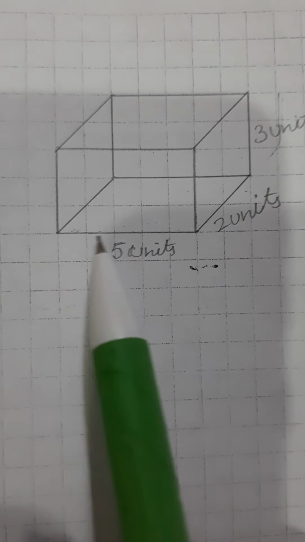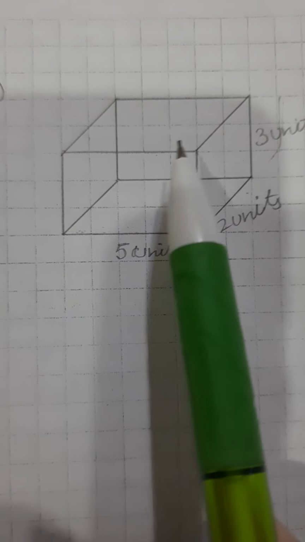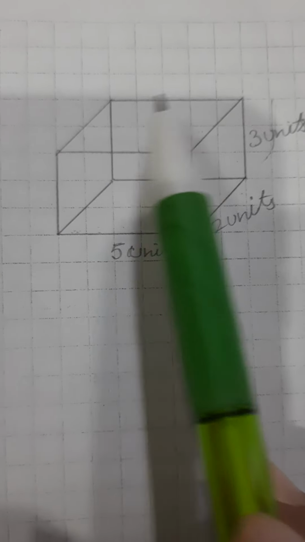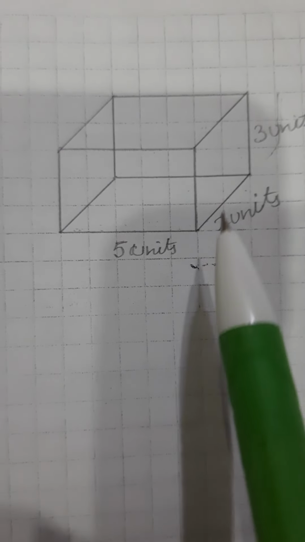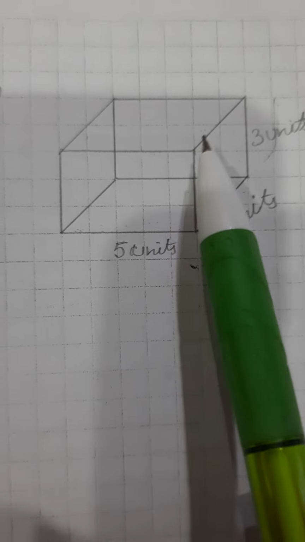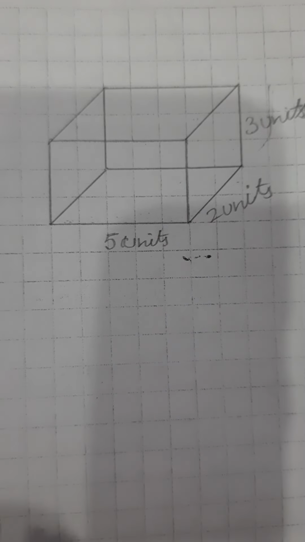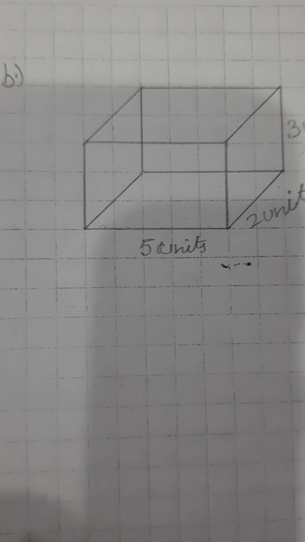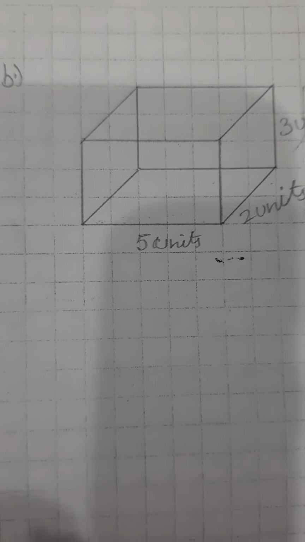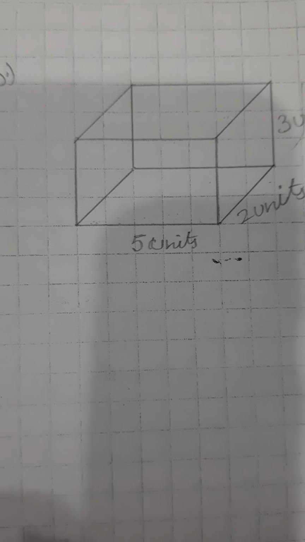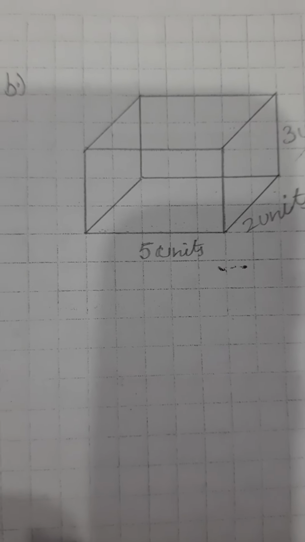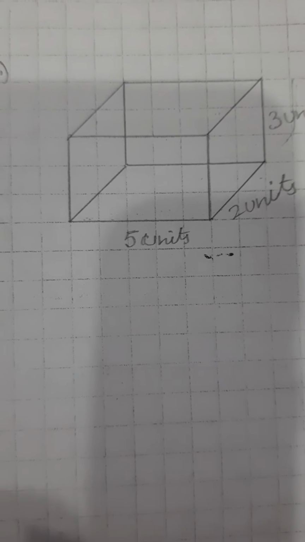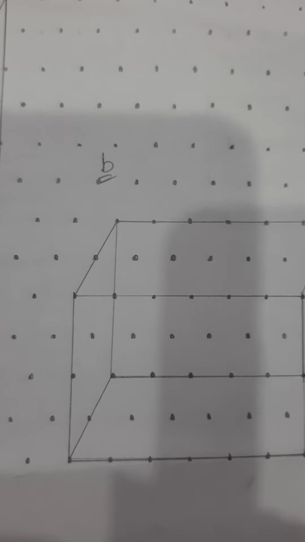So first of all I have made the front face, then I have made the back face. Okay, then I have joined these faces with the help of straight lines, and that becomes the breadth of this cuboid. Okay, now this is known as the oblique sketch, as I told you in the starting. Now we will talk about the isometric sketch. Okay, how we can represent the cube or cuboid with the help of isometric sketch. Clear? So let's start it.